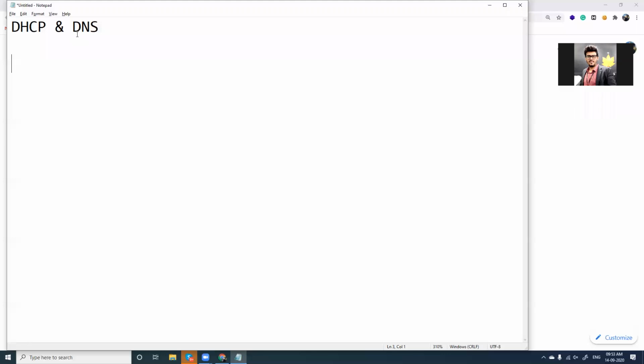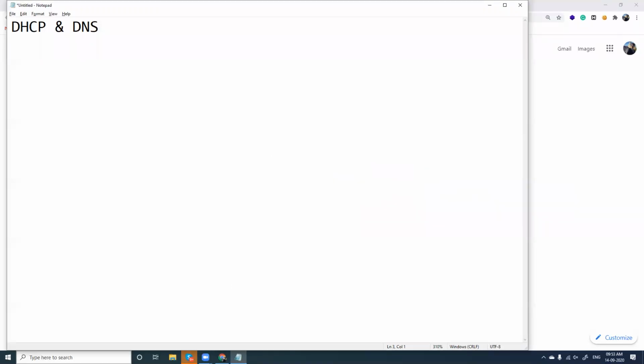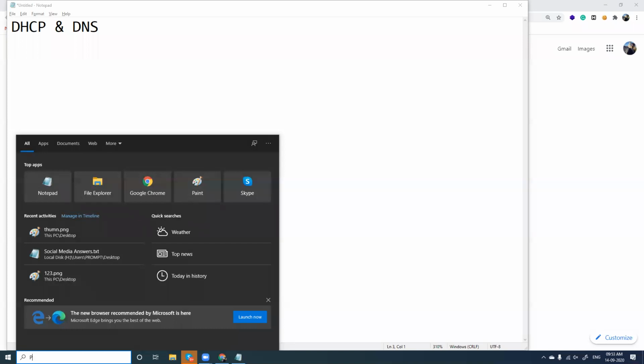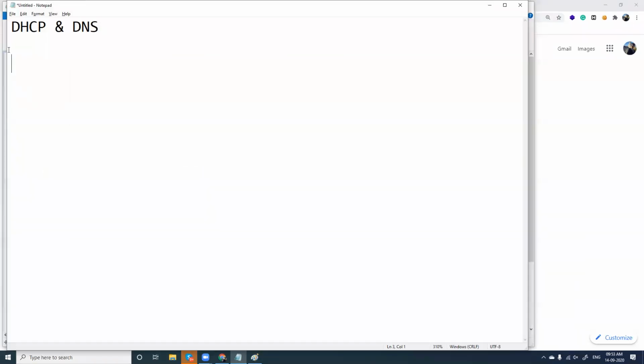We'll first see a logical overflow of what this is, and then from the security point of view what types of attacks we have, and how we can mitigate them. DHCP and DNS are also going to help you in configuring firewall, because firewall is a complex concept which involves a lot of different things. So we'll also see this, and to make it very simple, I'll tell you DHCP is